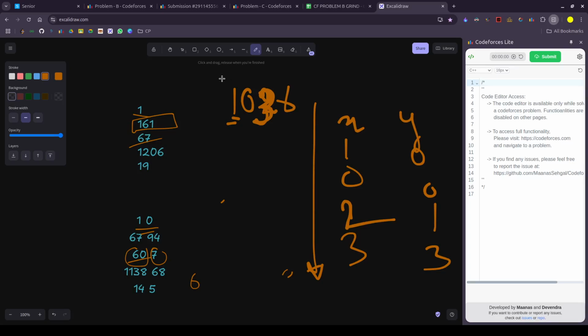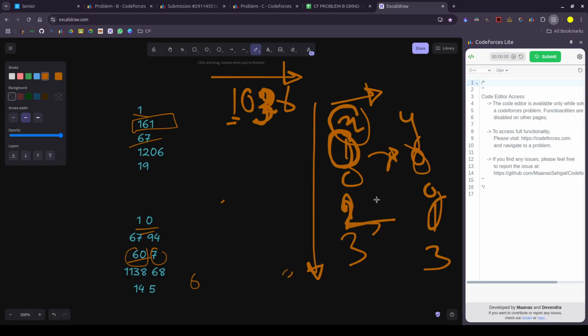At the time of distributing the value, we also have to calculate how many bigger values go into x and how many bigger values go into y. If the previous time the bigger value went to y, then the second time we will give the bigger value to x. If the second time the bigger value goes to x, then the third time we will give the bigger value to y. So if the bigger value goes to x one time, then